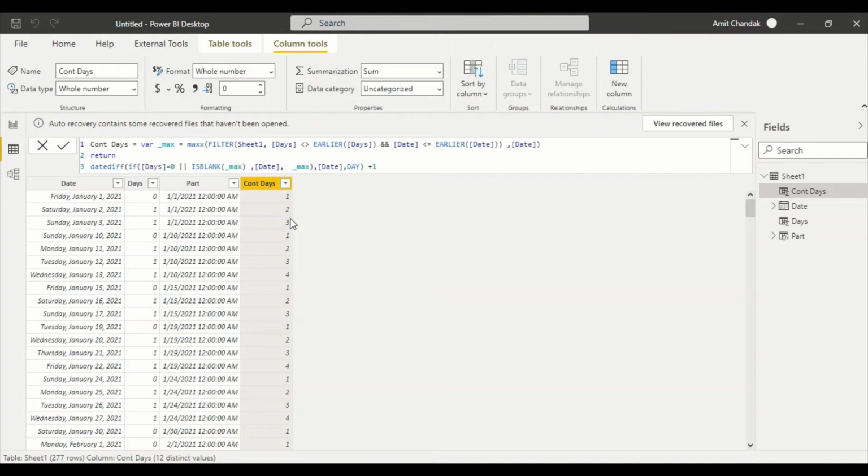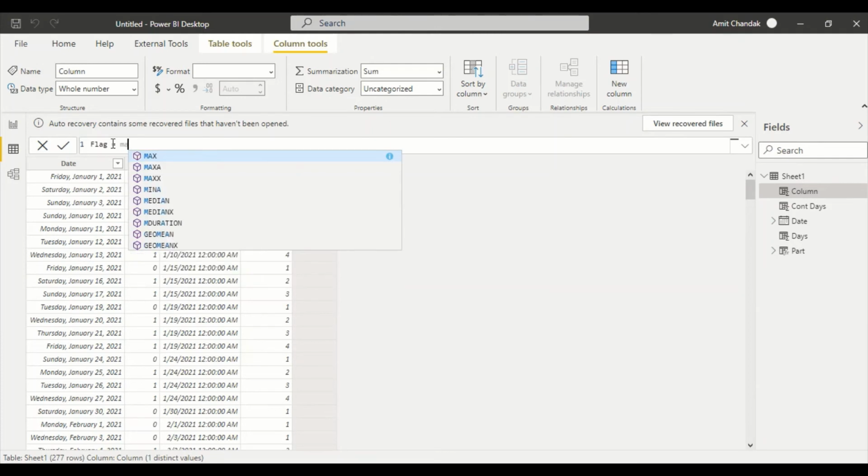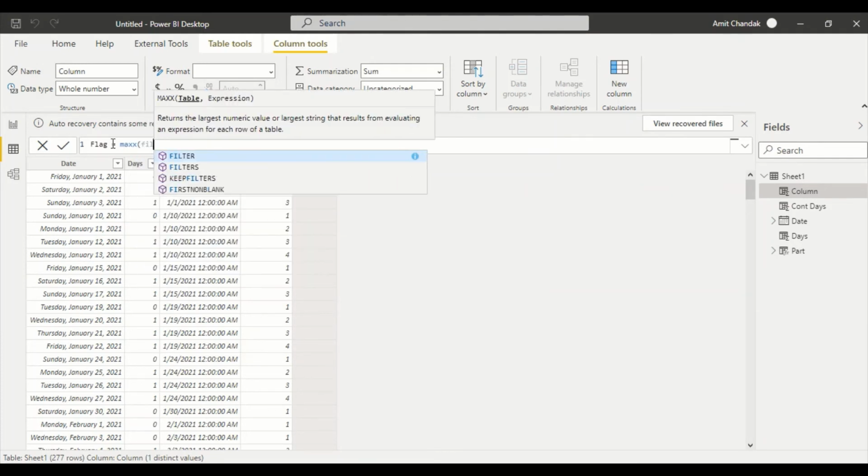So let's say how many days of continuous streak I need. I need a minimum of 2 days of continuous streak or 3 days of continuous streak. So now let's do that. So that's where I was. Let's say 2 days or more is a continuous streak. Before that you cannot have a continuous streak. So what we'll say is flag. So what we are saying, max filter